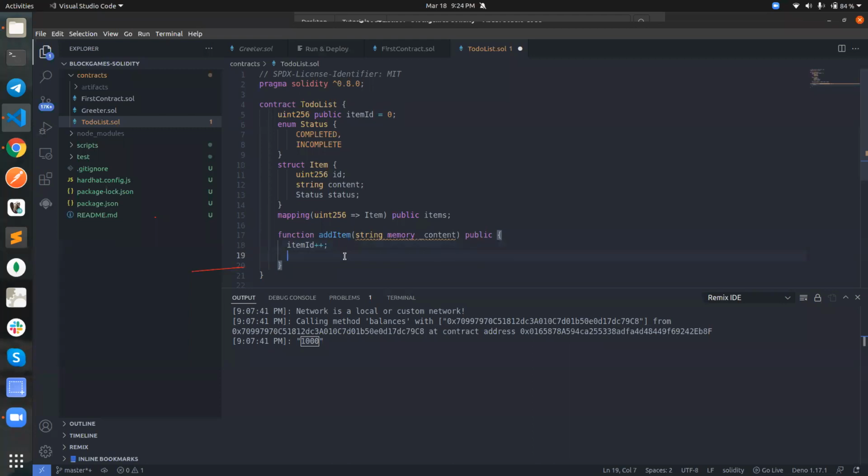Then what we need to do next is to create the struct. We all now know that Solidity is statically typed. We need to tell it the type of variable we want to create. So basically, we want to create a variable of item. We also want to tell it where to store the data that we are just creating. So it's going to be stored in storage. Then the name of the variable is item. So item equals item